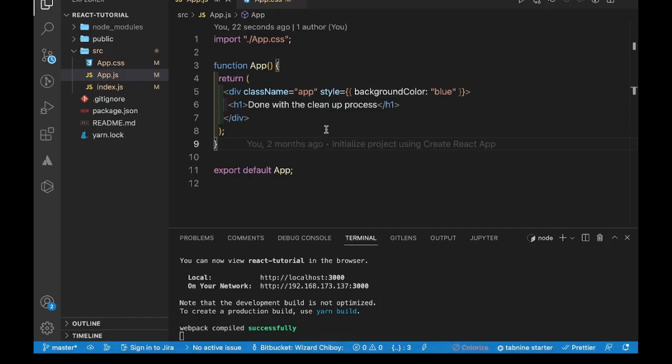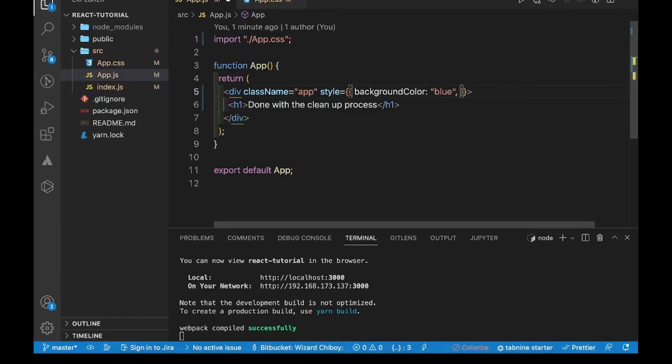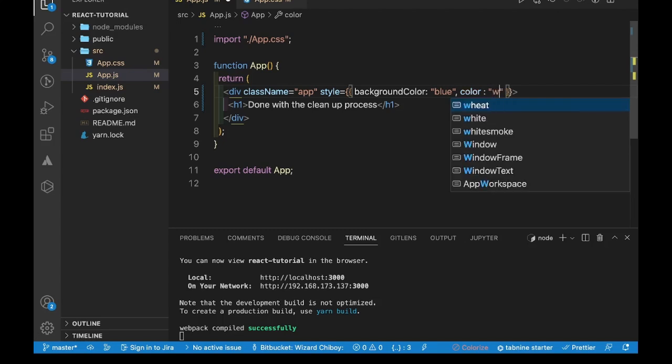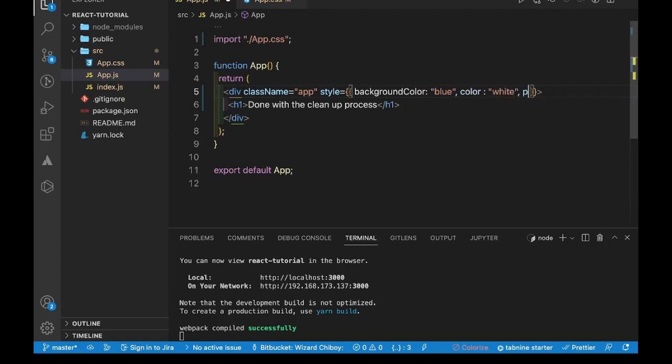Okay, so if I eventually want to add more properties, like I want to change the color, you can just add a comma here. Okay, just notice how I'm doing it. It's quite separate from the way you did it in your conventional CSS file. Okay, so you just add a comma and then you can place in color, and then the same way you can now say white. Okay, you might just say padding,